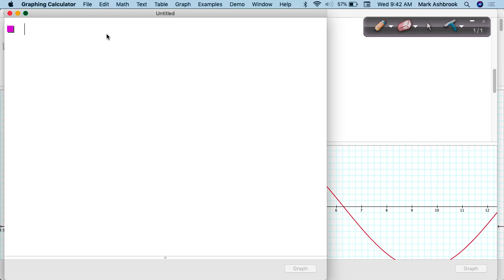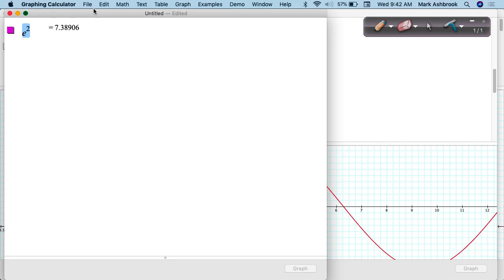Okay, so I have a question. What is E? Is that the value E right there? That's an approximation, right? E is like pi. It's an irrational number, has an infinite number of decimal places, right? So when you put, like in a graphing calculator or in your handheld calculator,